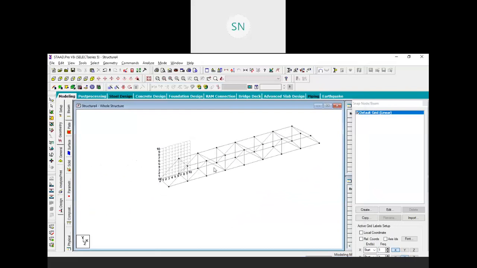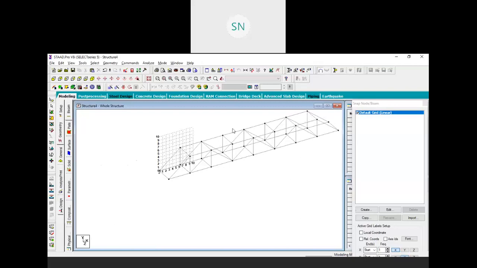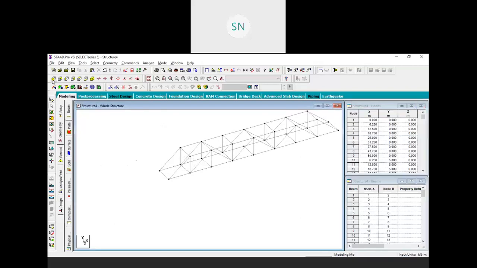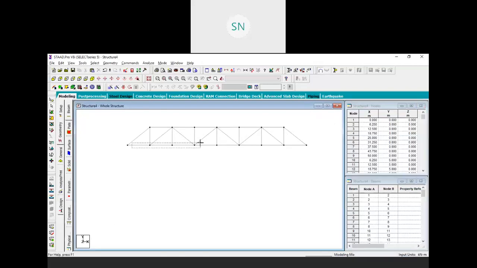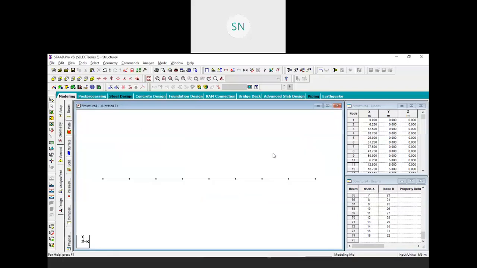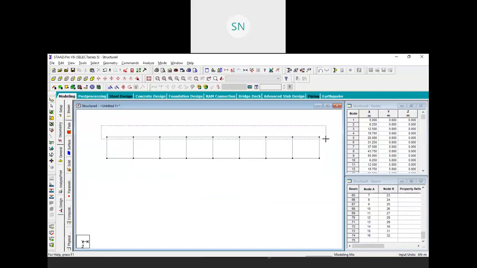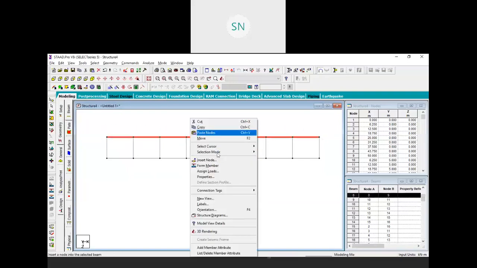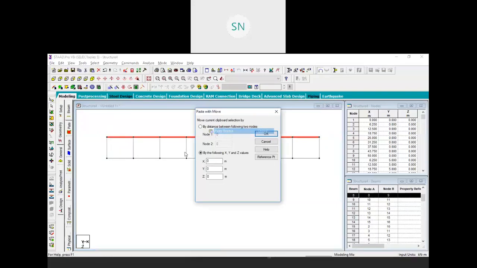Now how to apply moving load? To apply moving load, I am first creating some beams over here on the center. So let's go to the front view, select this, right click and click on new view. Okay, go to the top view, and here I want a 2-meter track, right? So I'm selecting this one, right click and copy and paste along the Z direction,